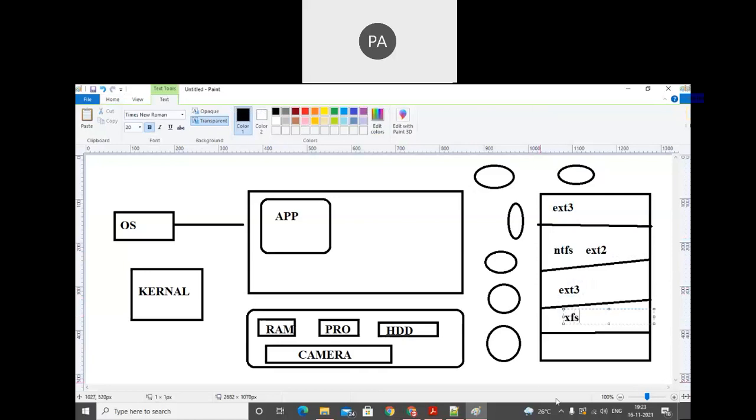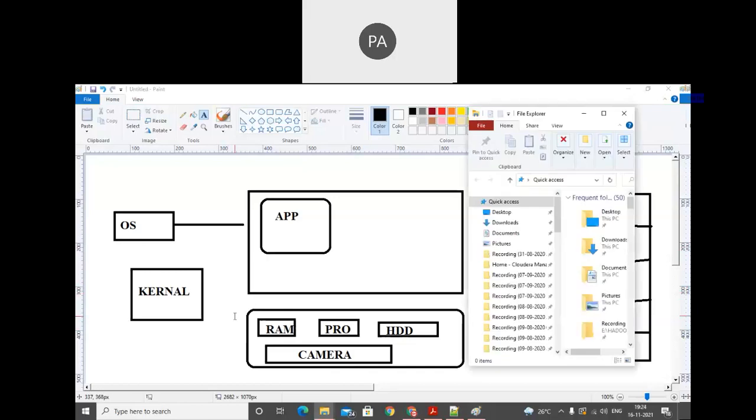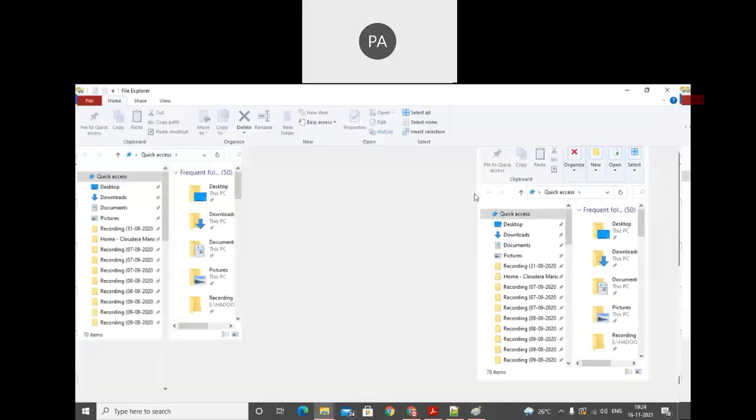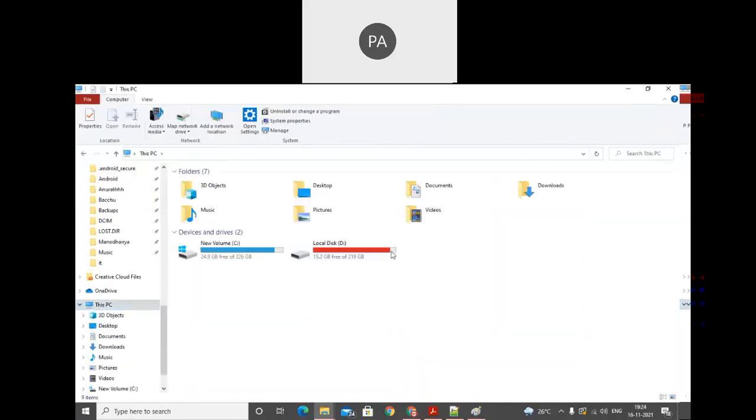So just make a note of that. What is the role of a file system? A file system is nothing but just a way of storing the data, meaning which way we are storing the data. So like that we have ext3, NTFS, XFS, ext2, ext3. Lots of file systems are available, and we'll discuss with Windows. When we talk about Windows, see, I will show you. For example, I'm trying to format my system. Then it will show what kind of formats are available. Click on that,